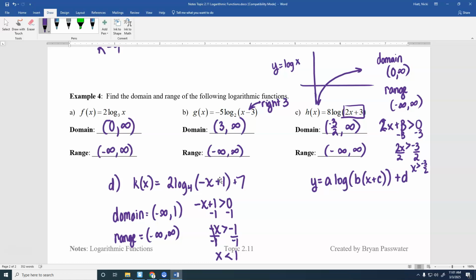Okay, the combination of reflections with shifts left and right get a little difficult to think about. So I just always set it greater than 0, and it takes care of itself as long as you don't forget to flip signs and stuff. All right, so